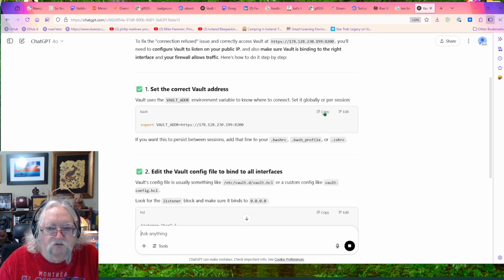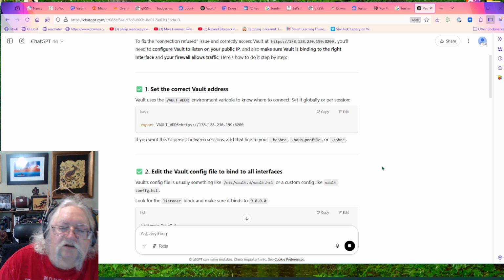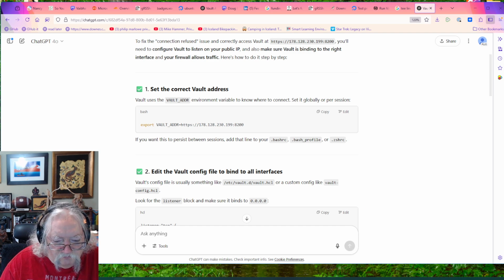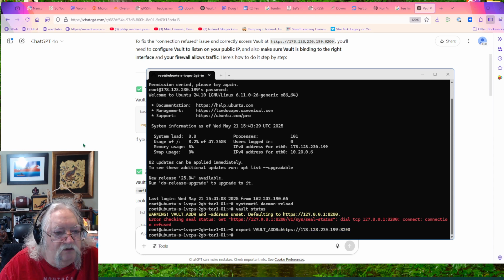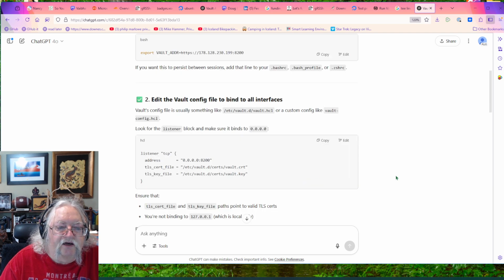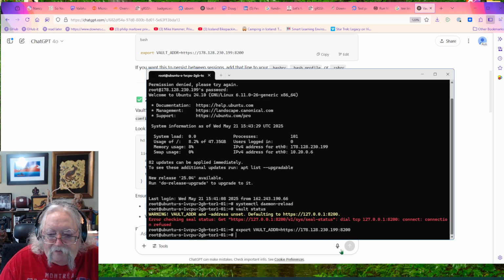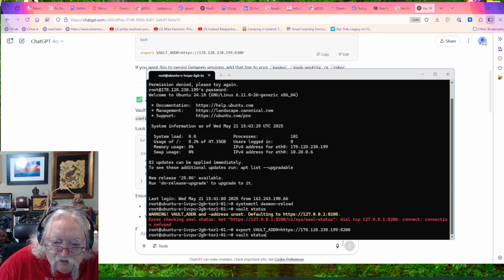Okay, so export Vault address. If you want it to persist, we have to add it to one of these. Okay. Yeah. So let's just check this and see if that works. All right. Edit the Vault file to bind to all interfaces. Make sure it binds to 0.0.0.0. Okay. So we'll go back to that specific